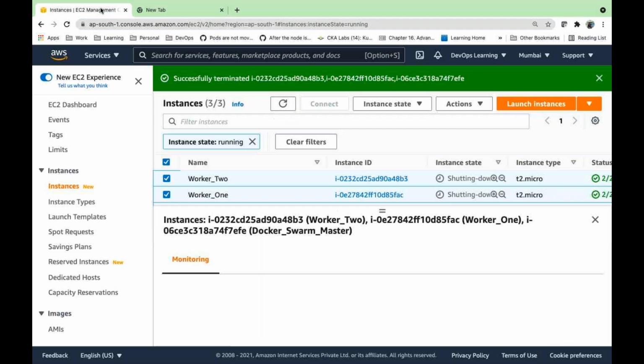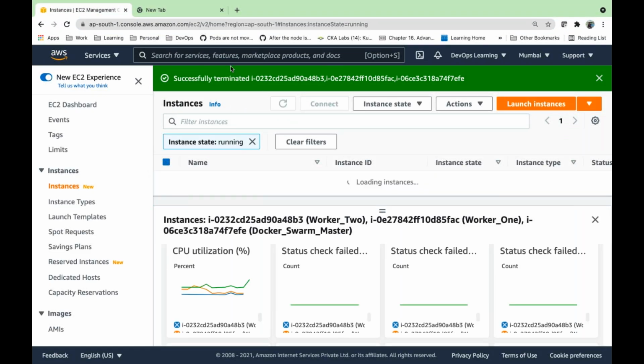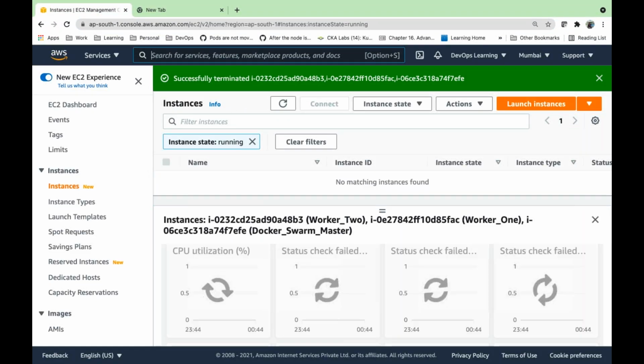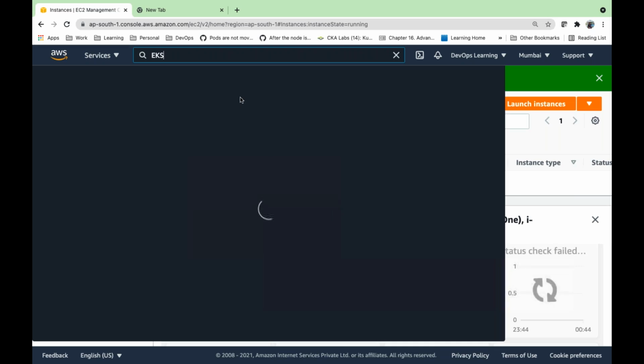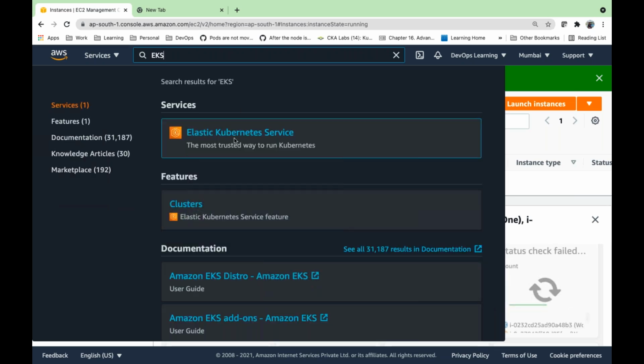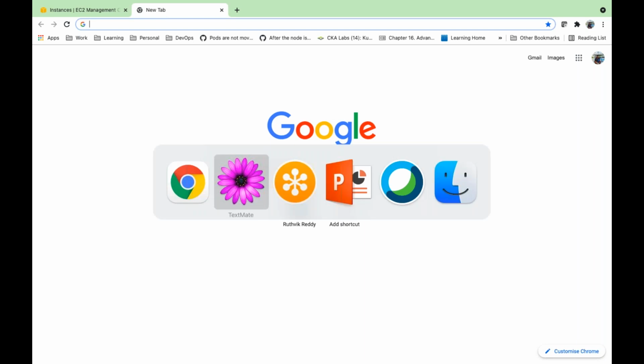Now in AWS, there is a service called EKS. If I create this service, do I need to install required software? Do I need to take care of the master, the control plane components? No. This is a managed Kubernetes cluster. Now when it comes to self-managed,